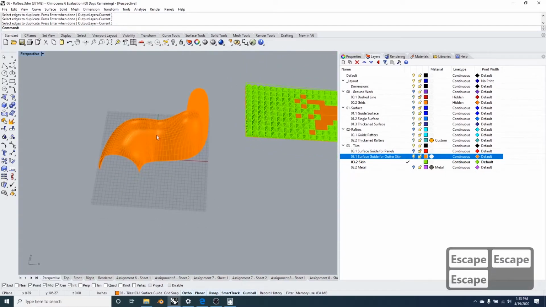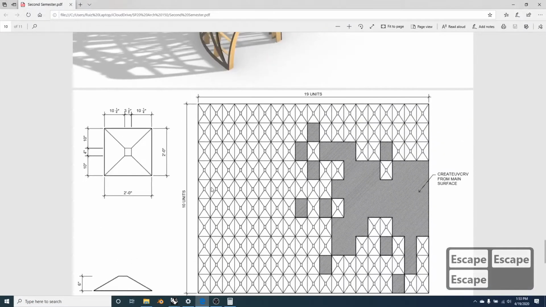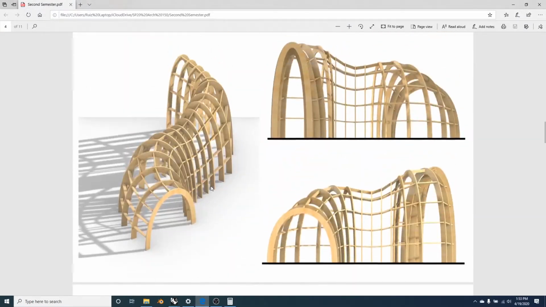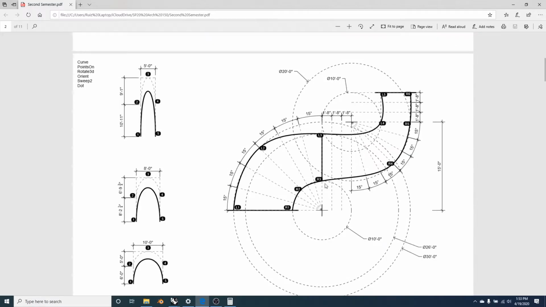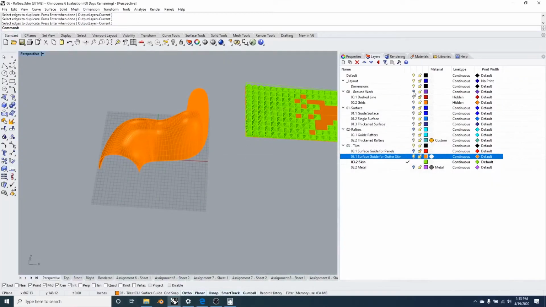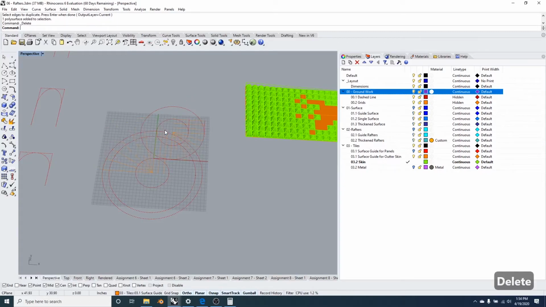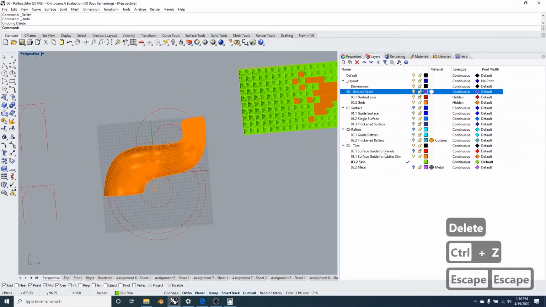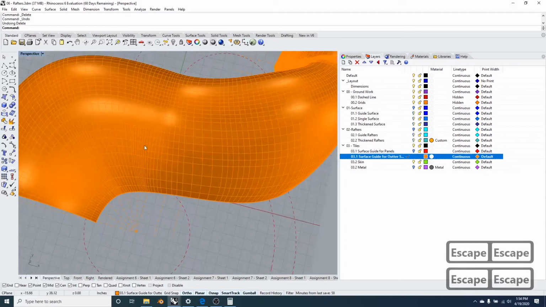But before we do that, we need the intermediate one, which intermediate from assignment 1 was right here. Okay, so let's turn on our groundwork. Okay, so with that layer active, I'm going to select